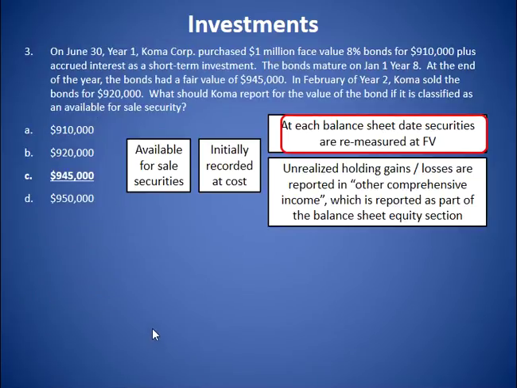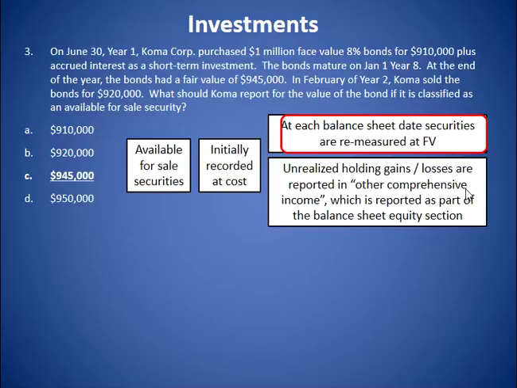Okay, the answer to number 3. In February of year 2, Coma sold the bonds for $920,000. What should Coma report for the value of the bond if it is classified as an available for sale security? So we take a look at the description and the recording methodology for available for sale securities. They're initially recorded at cost. Then at each balance sheet date, securities are remeasured at their fair value. And as we mentioned